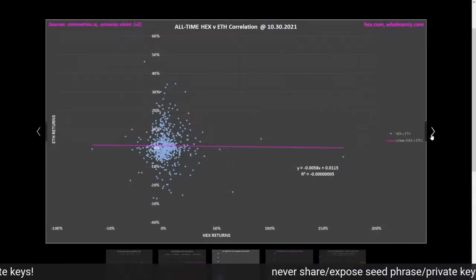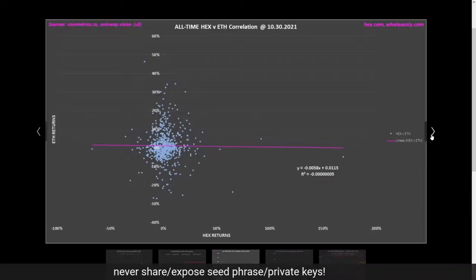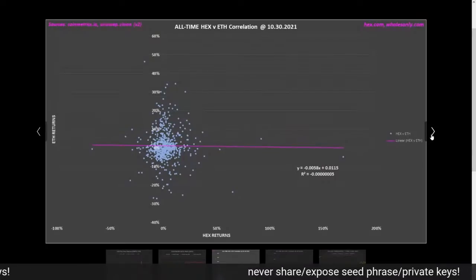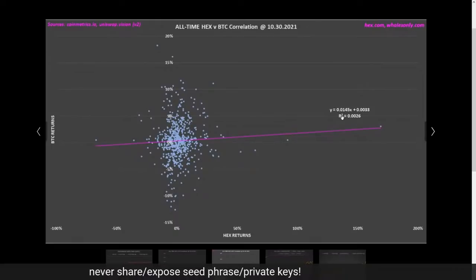Correlation charts is always zero between both Hex and Ethereum, or Bitcoin and Ethereum, between Hex. And if you haven't, please go watch my correlation stream. That'll go into detail. Not gonna waste much time on this anymore. As you guys can see, zero,